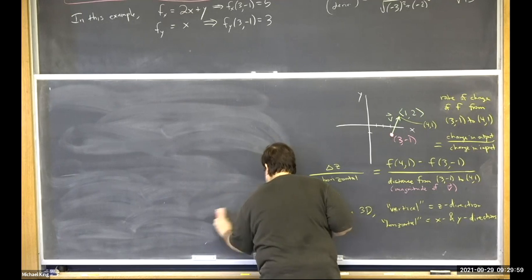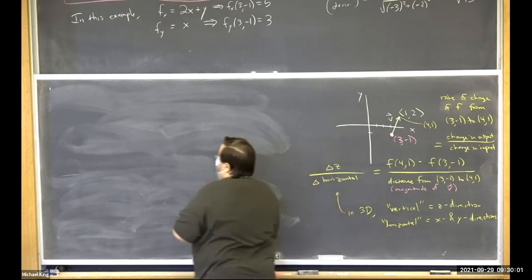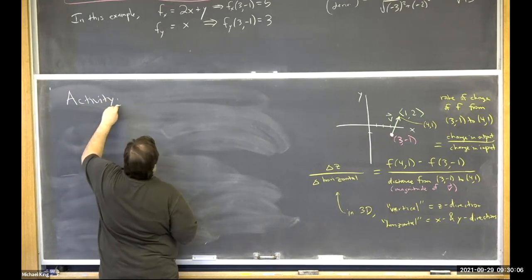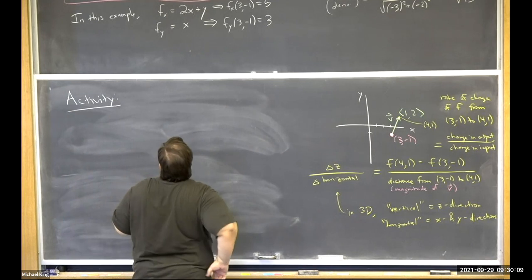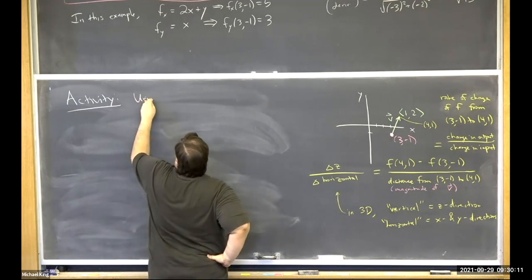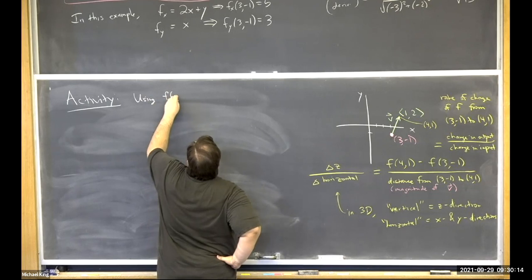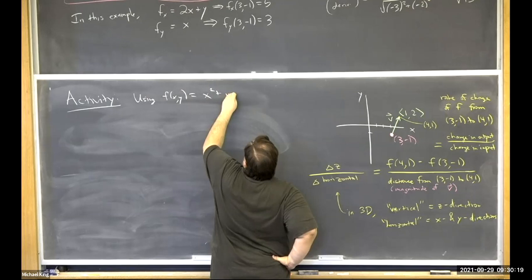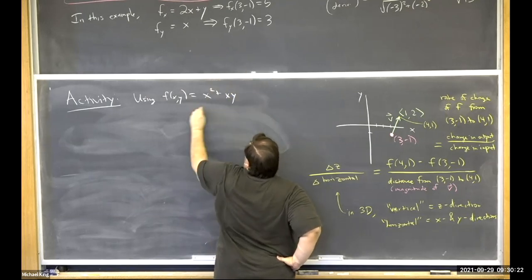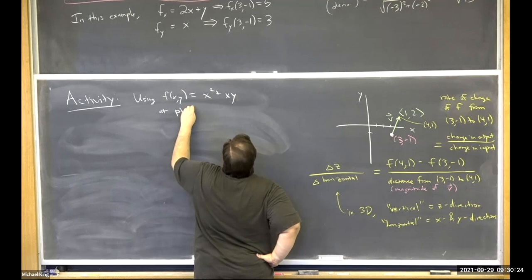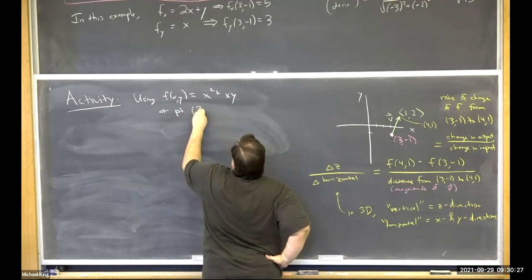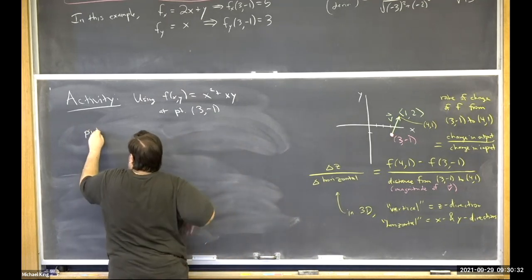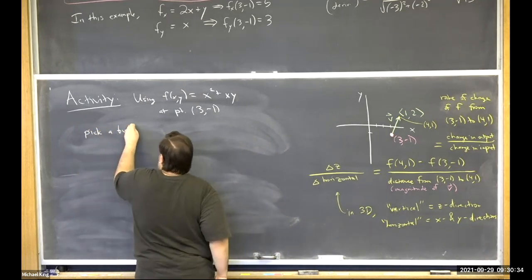Activity. Let's just go ahead and use this function at this point. We might as well. Using f of x, y, what was it? x squared plus xy. I mean, you already know the direction. You already know the partials. At the point (3, -1), pick a bunch of direction vectors v